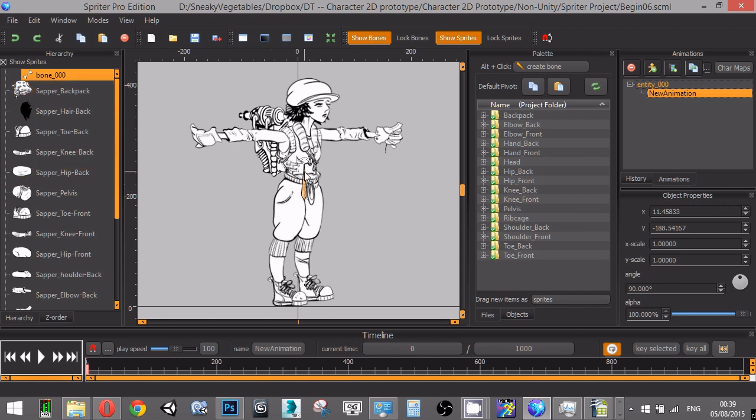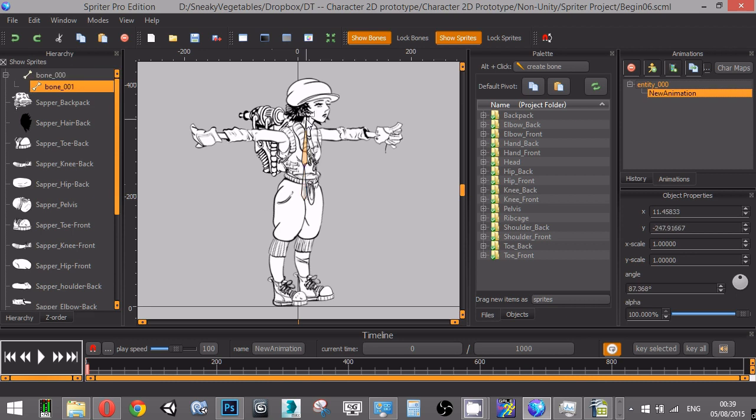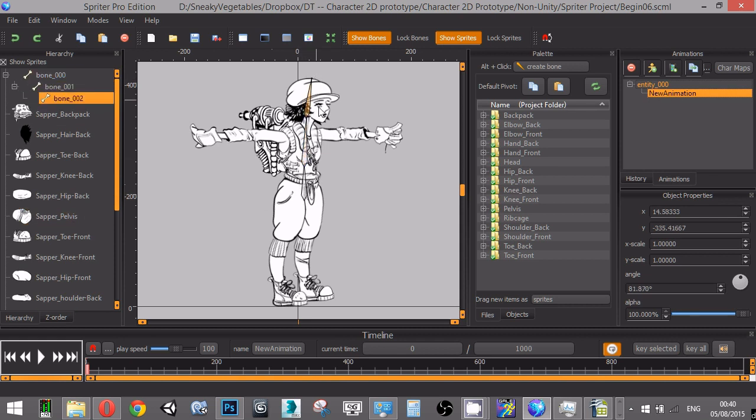And if you have a bone selected and you Alt click and create another one, it will immediately make the next bone a child of the bone that you just created. So you can see that this is indented, bone 1 here, so that bone 1 is now a child of bone 0. And likewise, if I make one up here for the head, bone 2 is a child of bone